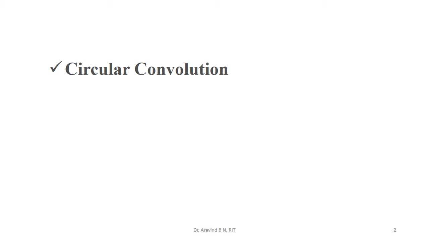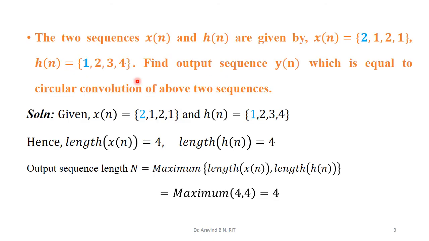In this lecture, we are going to make a continuation with respect to the previous lecture regarding circular convolution. In the previous lecture, we went through the time domain calculation methods of circular convolution, and we also solved one problem by making use of the formula directly. Now we are going to continue in the time domain, and we will solve the same problem by making use of the matrix method as well as the concentric circle method.